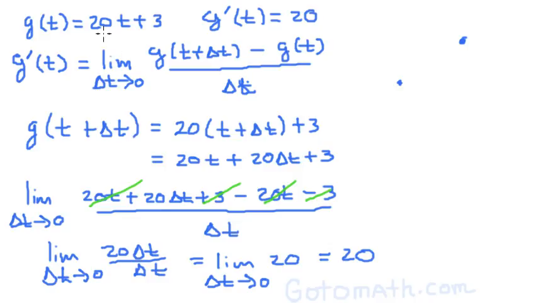Now if we were to graph this out, 20t plus 3, let's just say that's what this is right here. We're finding the slope of the line. The slope of this line right here is 20. No matter what point we pick on this line, the slope is always going to be 20. Alright, let you think about that. Okay, but we just needed to work through the mechanics first. We'll get into more of an explanation